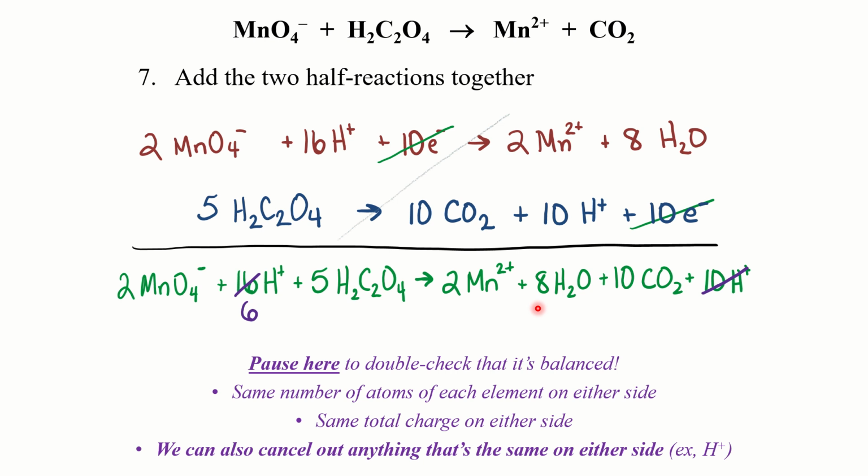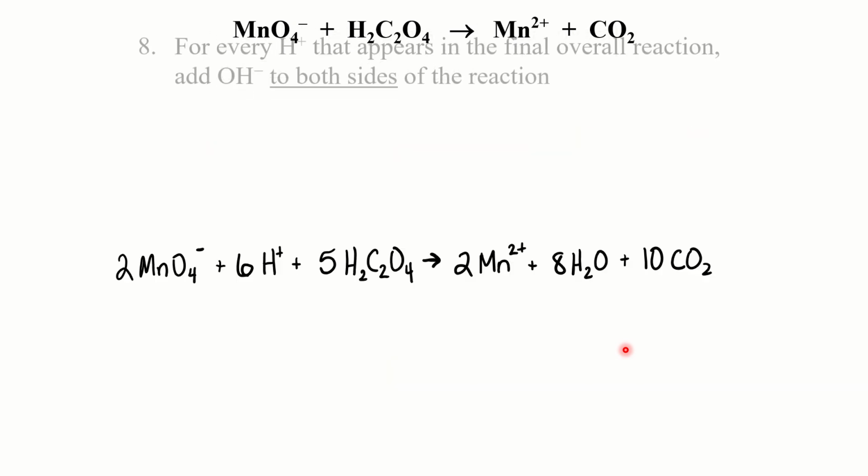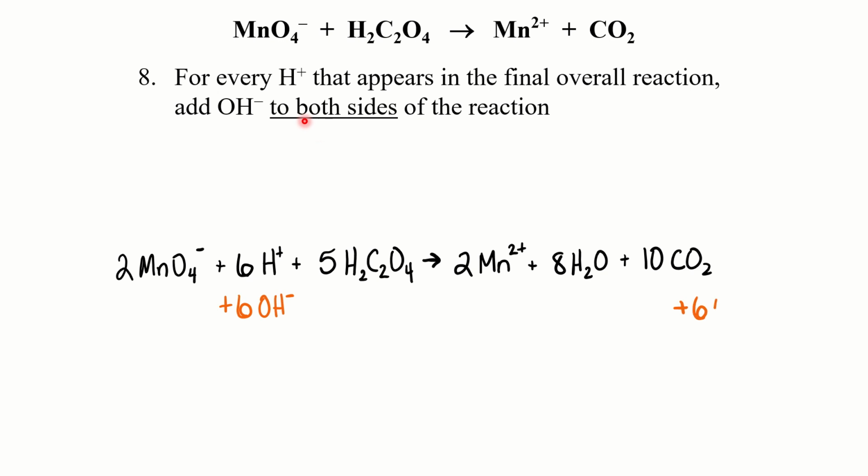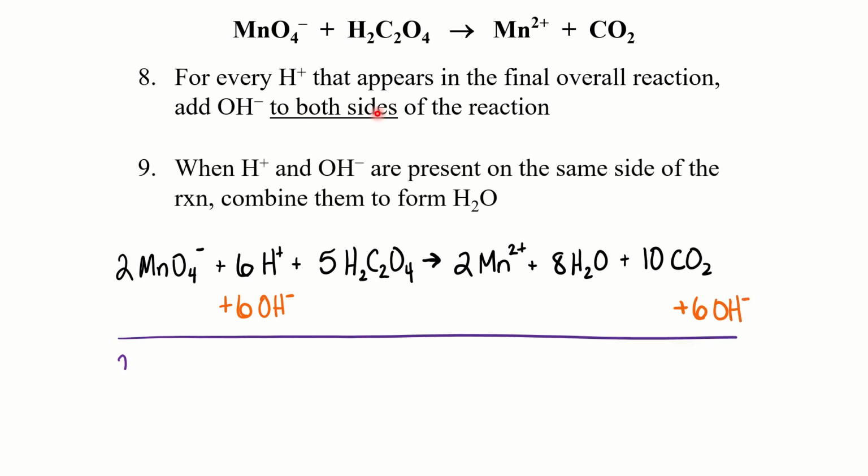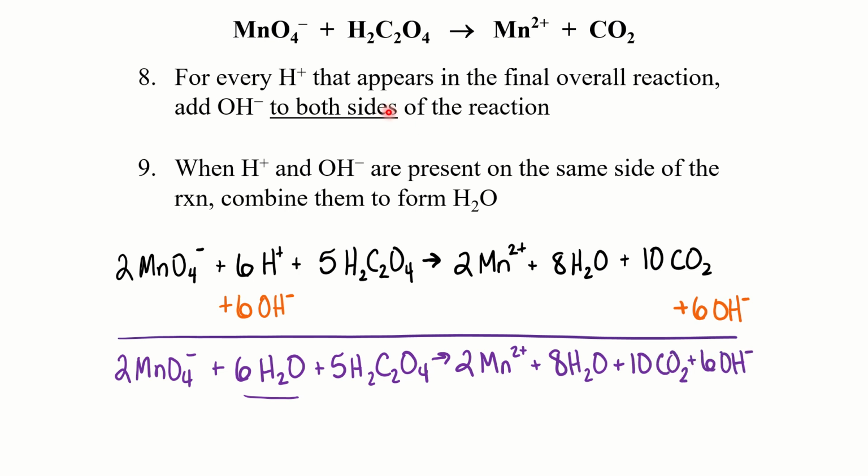Alright, so if I had asked you to balance the reaction in acidic conditions, you would be done. This would be your final answer. But because you're being asked to balance it in basic conditions, you've got a couple more steps to do. First, for every H+ that appears in the final overall reaction, you need to add OH- to both sides. So I've got 6 H+ on the left side, so I'm going to add 6 OH- to both